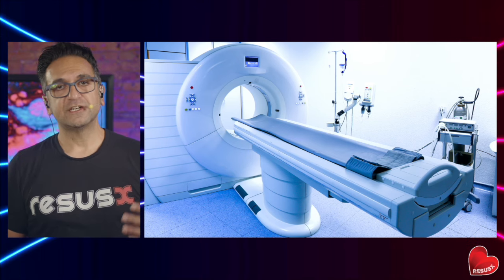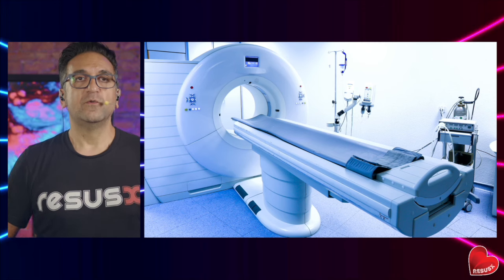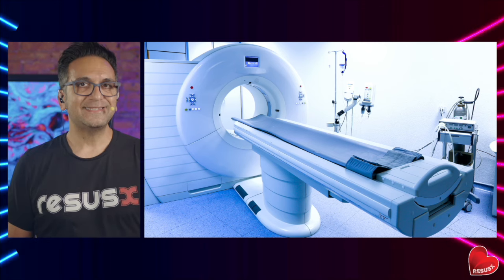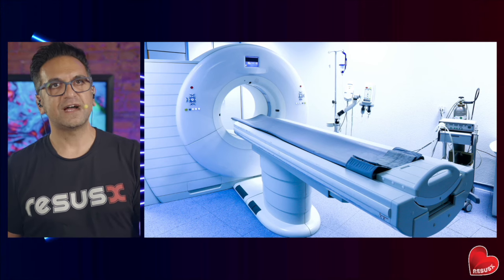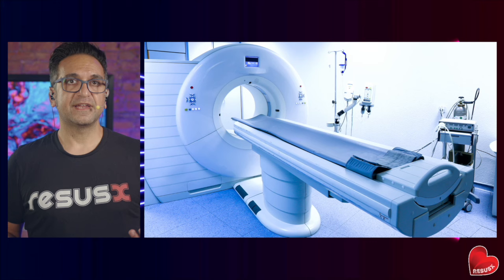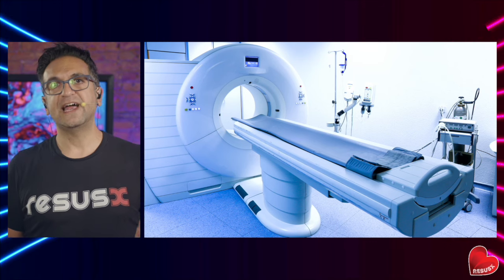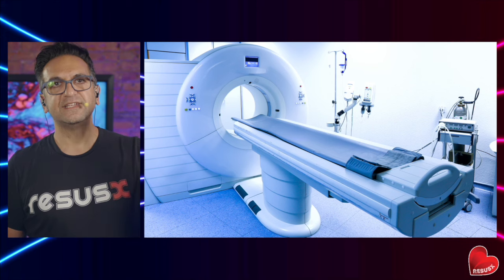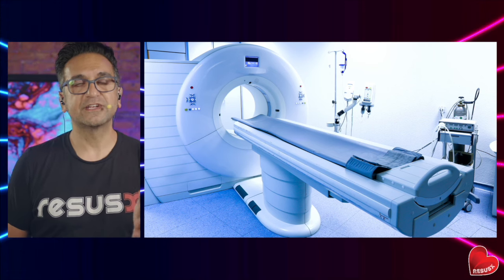I will say that a trial just recently came out that says when you pan scan patients, you do find more injuries, but that didn't lead to any difference in survival to hospital discharge when compared to selective scanning. So where I stand on it is if I have somebody who I think might have a PE or intracranial bleed or some injury, I'll selectively scan that person earlier rather than later, because that will make a difference in